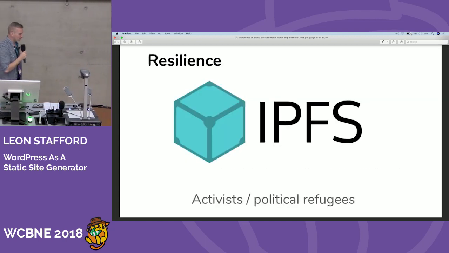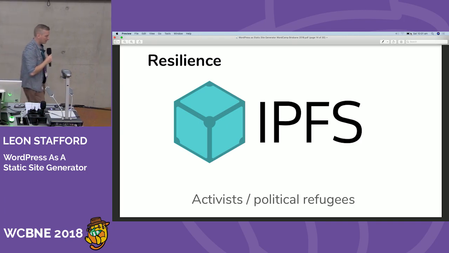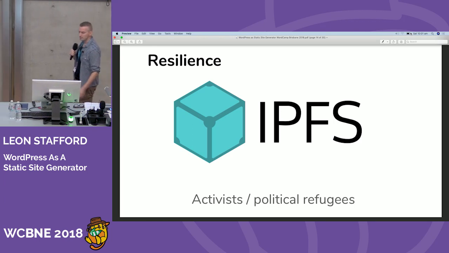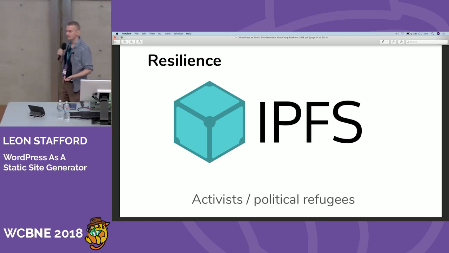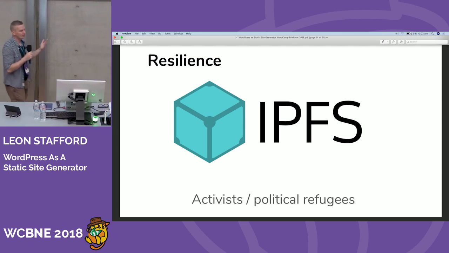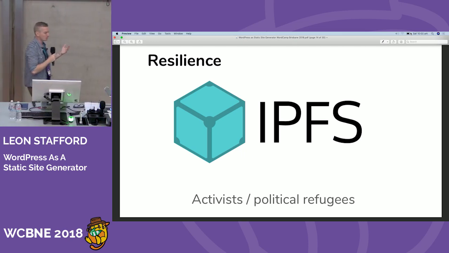All right, this one's going to be more, it's just a concept to throw out there. It's quite a geeky sort of thing. So IPFS is something called the Interplanetary File System. It's really cool. And you think of it kind of like Bitcoin, blockchain, stuff like that, where